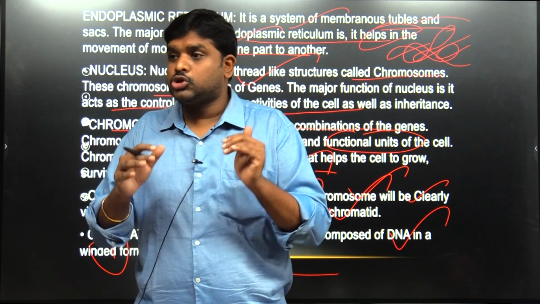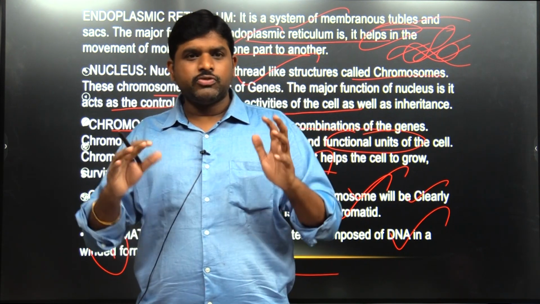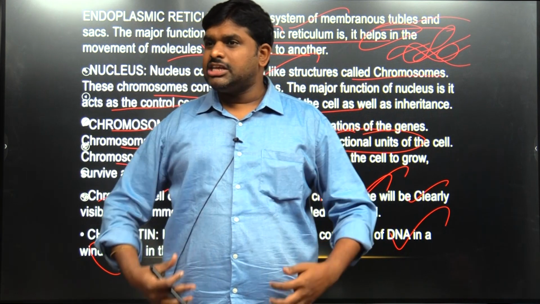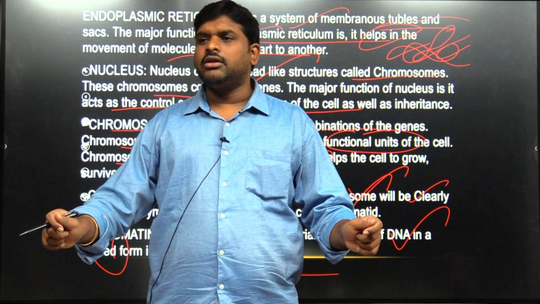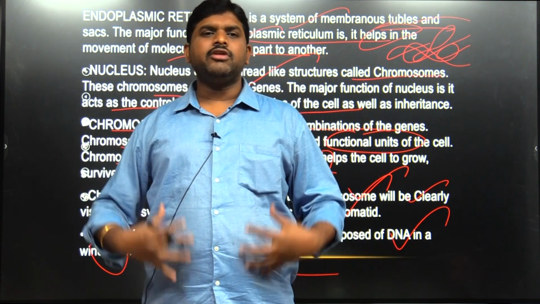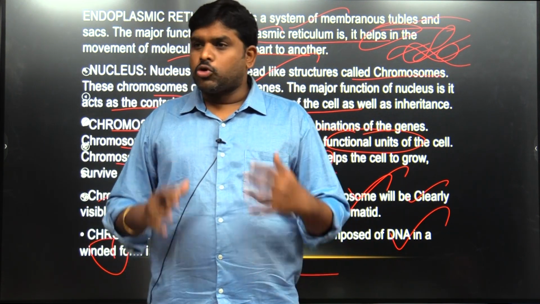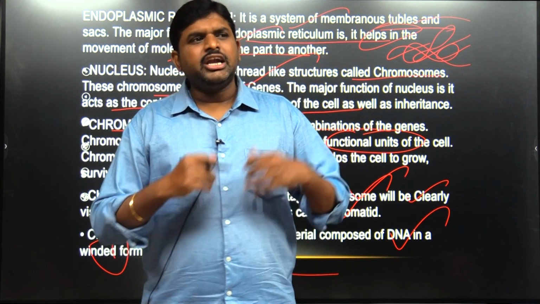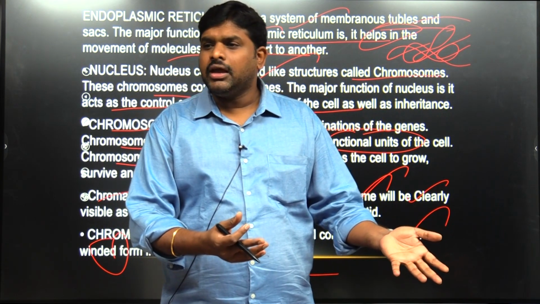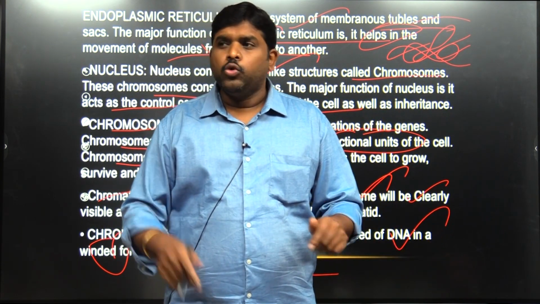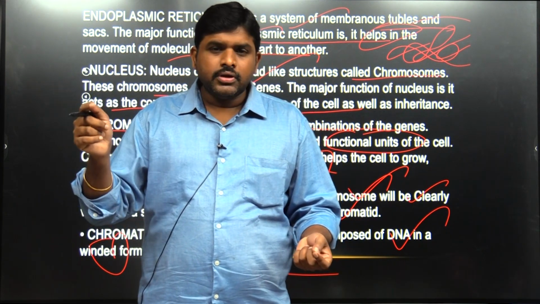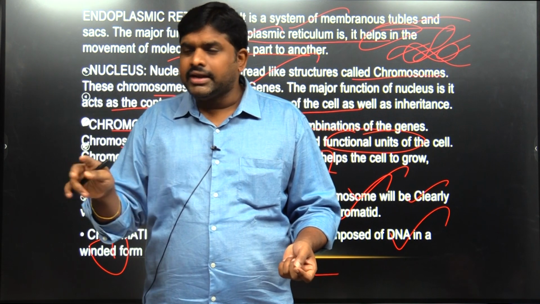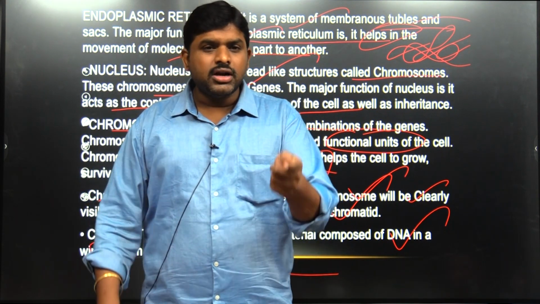Arranged format. When you are ready to write an exam, you will be arranging yourself. When you go to the examination center, within 2 minutes of the exam starting, you yourself will be arranged mentally and physically. Chromatid. Generally, out of the examination hall, how will you be? Chromatin. Who are you? Chromosome. So you are a chromosome and generally you will be like chromatin. When you are in arranged format, it is called chromatid.